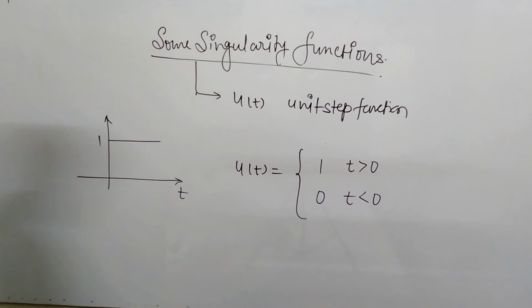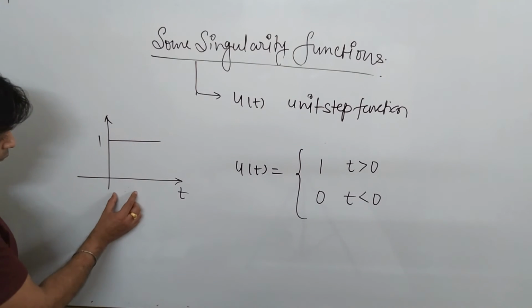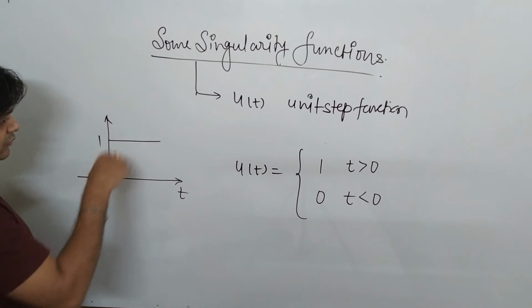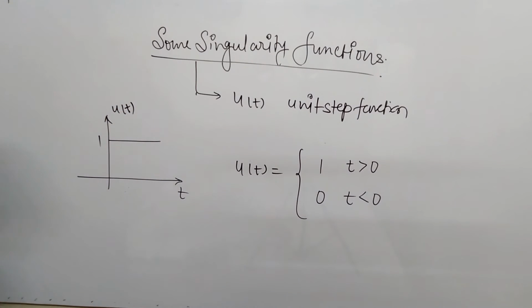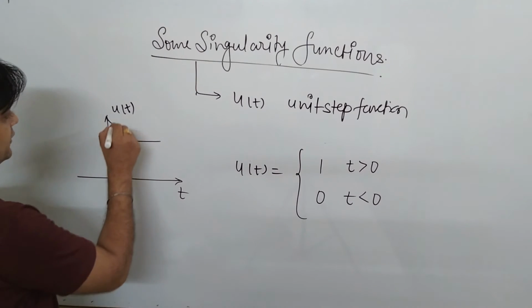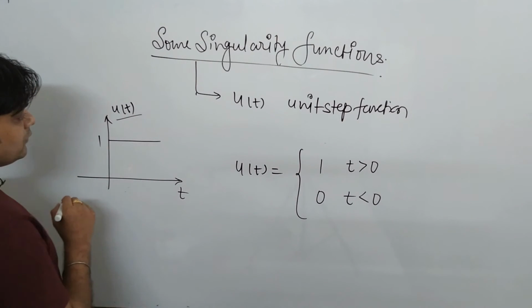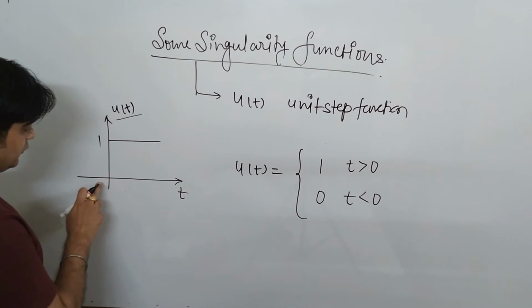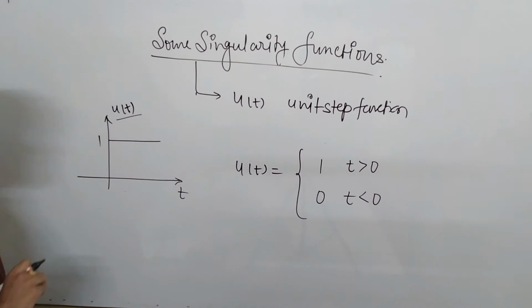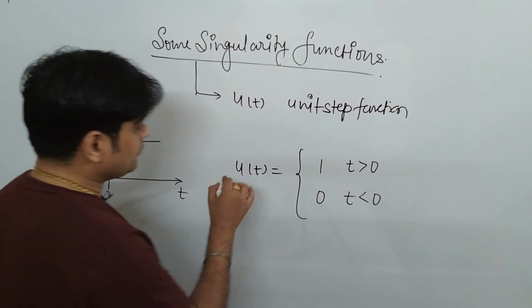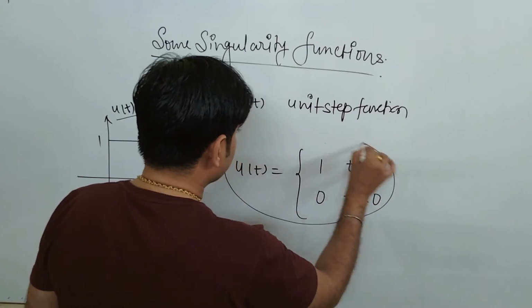So from here, one important thing which we will try to understand is that for positive values of time the unit step function exists. This is u(t). So one thing which is clear is that for positive values of time u(t) exists, but when you talk about the negative values of time, that is this axis, no value will exist. So this is all about the unit step function.